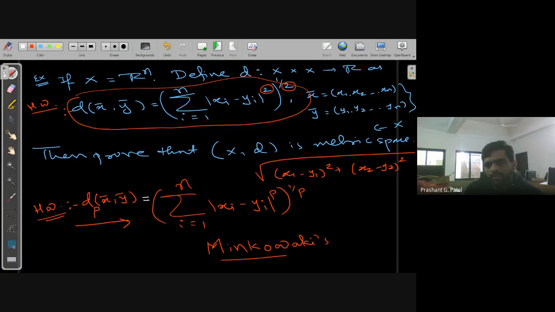I don't know whether the spelling is correct or not, but Minkowski inequality is required to prove this statement. What is Minkowski's inequality? I may write it down in the next slide. The Minkowski inequality is this: summation i running from 1 to n, (ai plus bi) power p, whole power 1 upon p